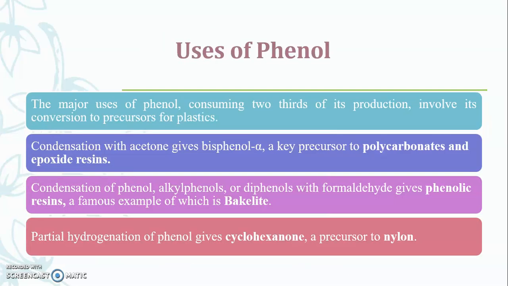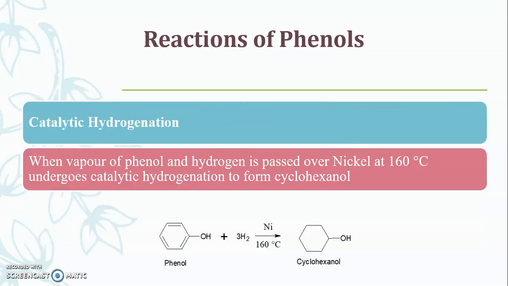So these are the various reactions of the phenol, where we have seen a total of 18 reactions. A few of them included electrophilic substitution reaction, then 3 different name reactions, that is the Kolbe reaction, Gattermann reaction, as well as the Reimer-Tiemann formylation. And after that we have seen certain reactions with formaldehyde, benzene diazonium chloride, then catalytic hydrogenation and oxidation. So that's all about the reactions of the phenol.